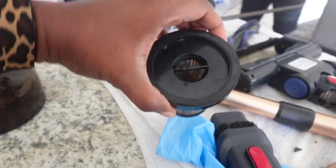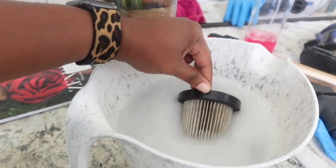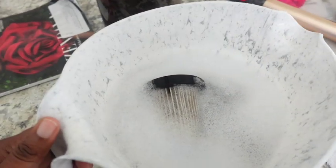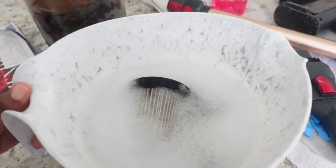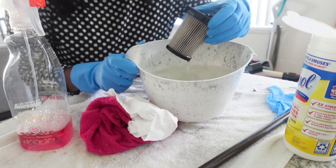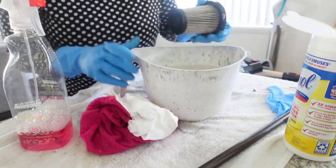I'm going to soak it in some warm soapy water. I'm going to let it sit there for as long as I possibly can. I wouldn't do this overnight, so I'm not doing it overnight. So I'm sitting it in there while I clean. But when I tell you this thing was stinking, it was. Now, it smelled a little better, but we're going to make sure that we add this back to the water,